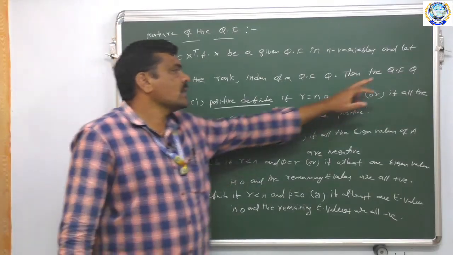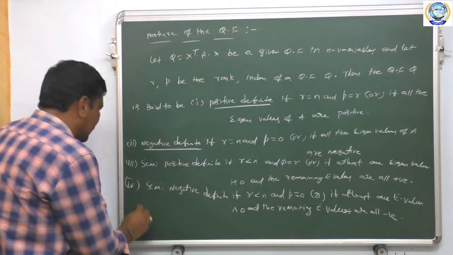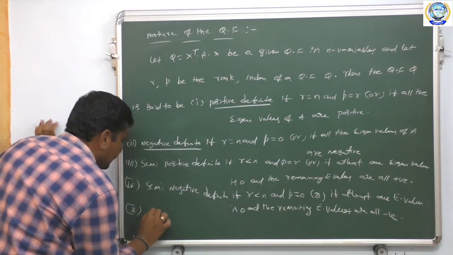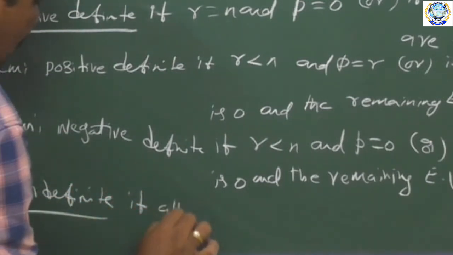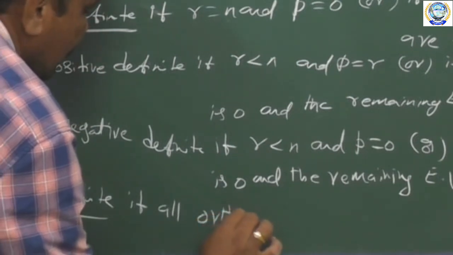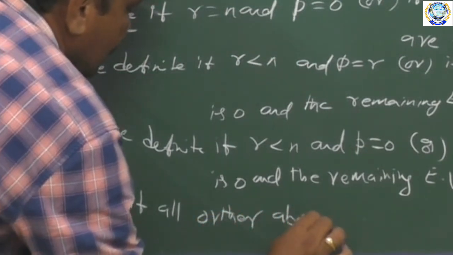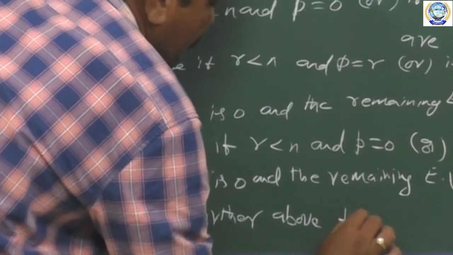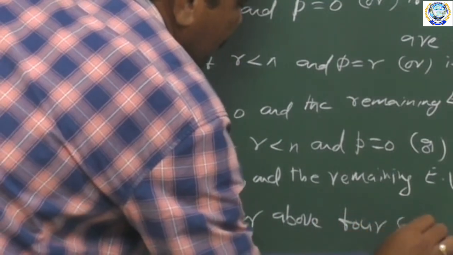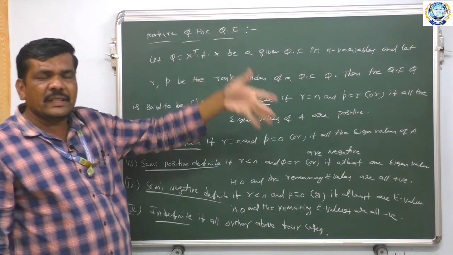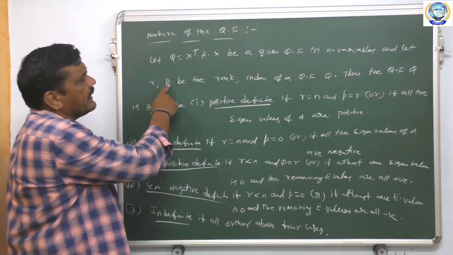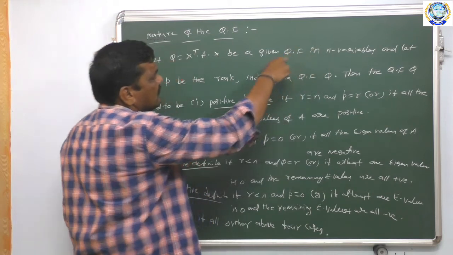Next, the last one, the given quadratic form Q is indefinite if all other above 4 cases. Here, we identify the nature of the quadratic form by using the rank, index, number of variables in the